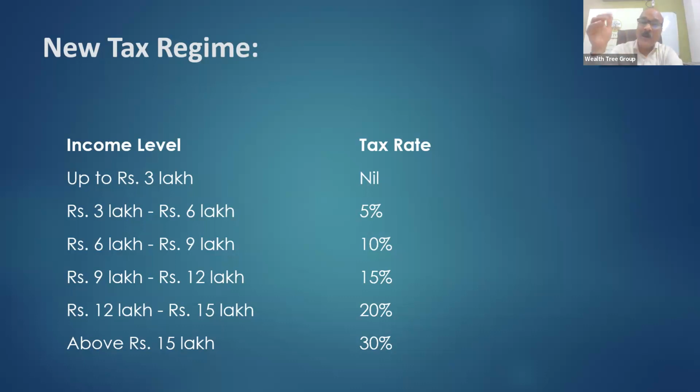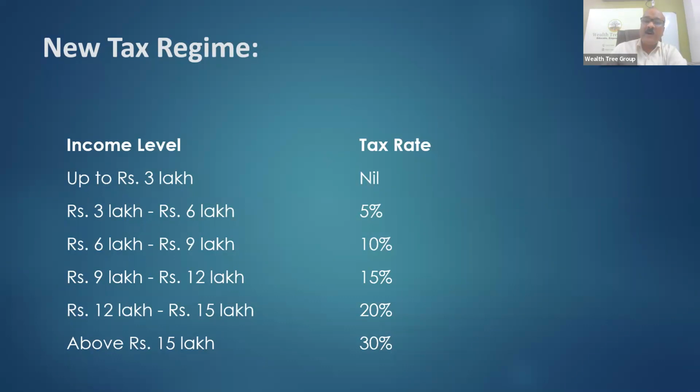And in this, one more point is that previously in the old regime, up to 5 lakhs, there is a rebate. That means people who don't have income above 5 lakhs, there is no need for them to pay. In this particular new regime, it has increased to 7 lakhs. That means till 7 lakhs, there is no need for you to pay the tax. So that is the difference between old and new regime, and they simplified.